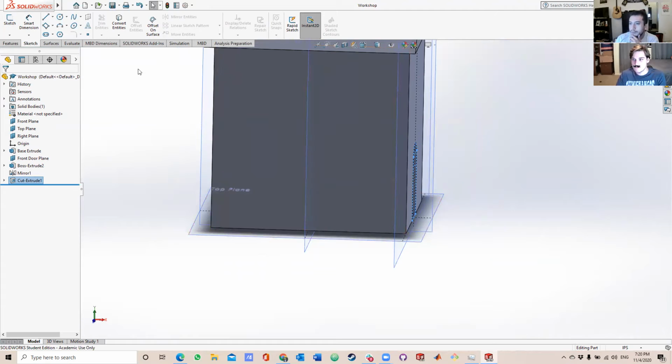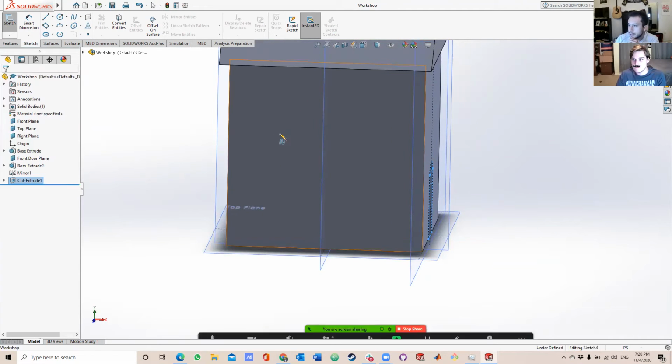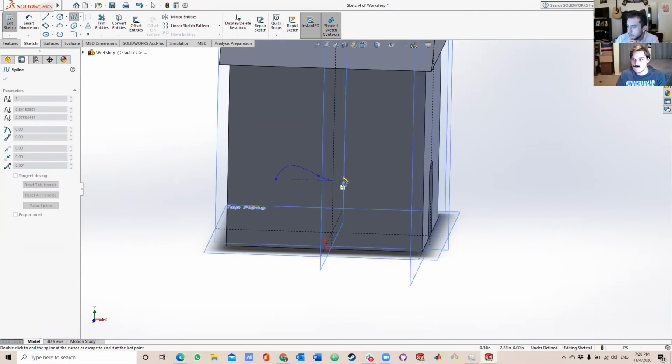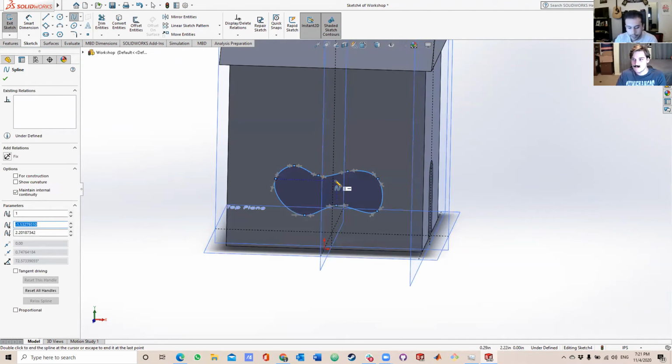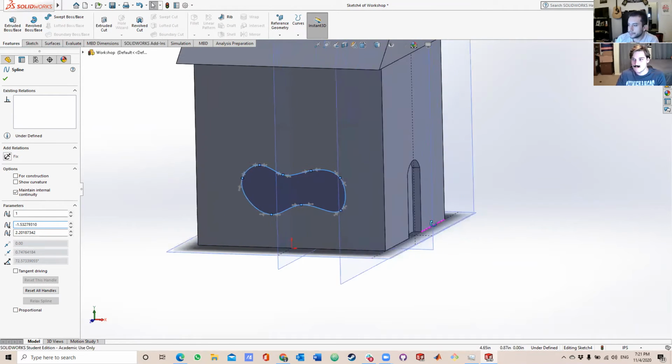So let's say I want to have a big window and I want it to be some interesting shape. So I'm going to use a spline. So I want this weird kind of shaped window because I would like that through my house for some reason. When I make this extruded cut,